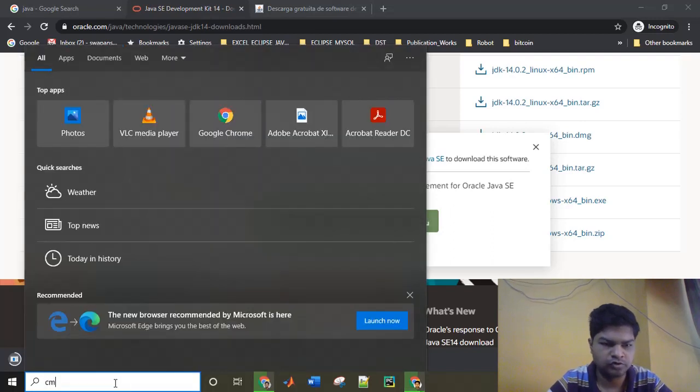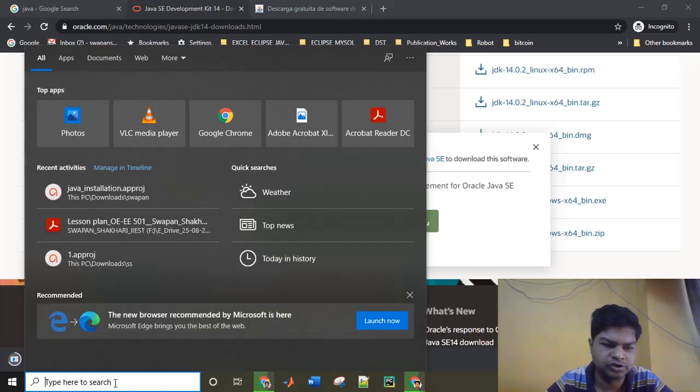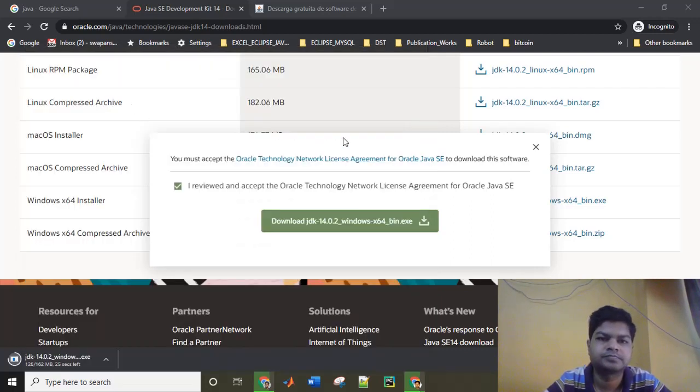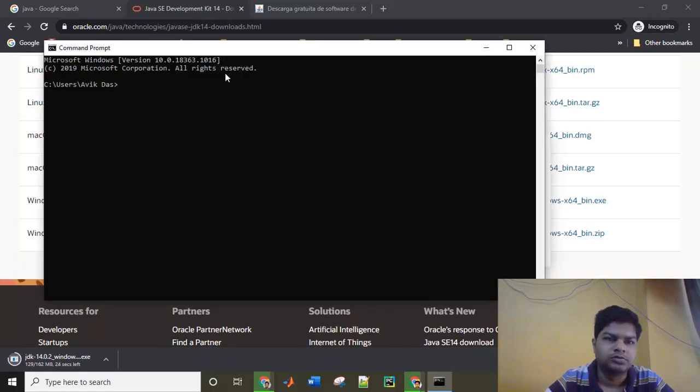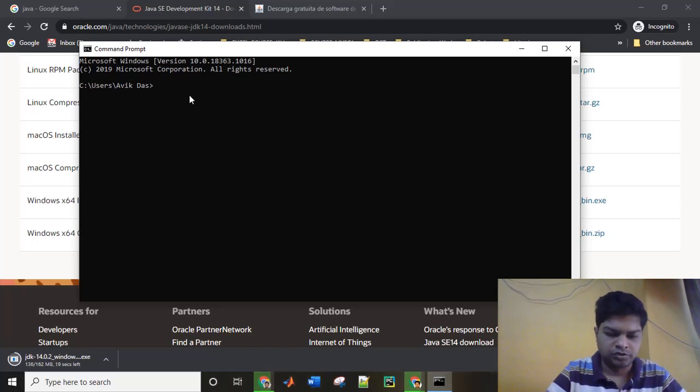Simply go to your command prompt: type cmd in the search bar of Windows and click on Command Prompt. I am using a different machine. Here you can just type javac, that is the compiler of Java, and then type hyphen version.